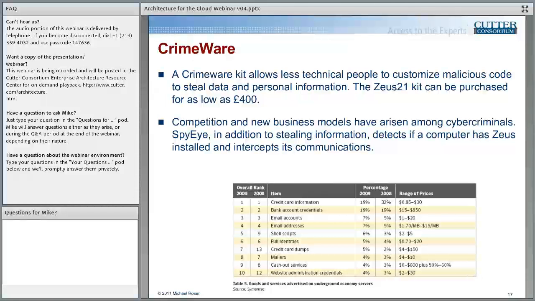Now, this was so successful that a different crime organization came out with a different product, which is called SpyEye. So now, instead of Zeus, you can buy SpyEye. It's better and more sophisticated. And I love this thing: if it detects that you have Zeus on your computer, it intercepts Zeus's communications. Again, what's the point of all of this? It's not high school hackers that we're worried about anymore. There is organized crime on the internet who's got nothing better to do than to steal your data from you or your software as a service provider.